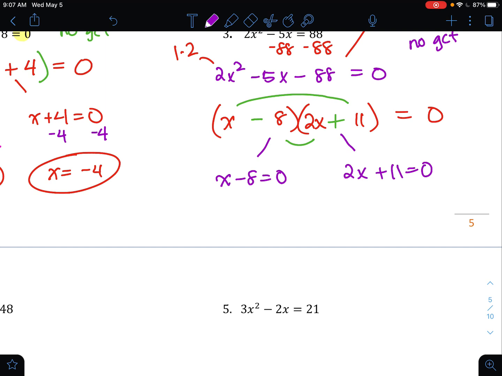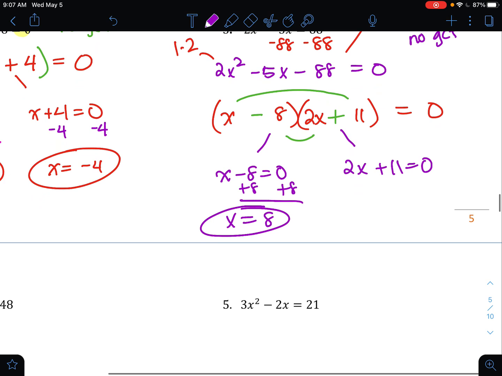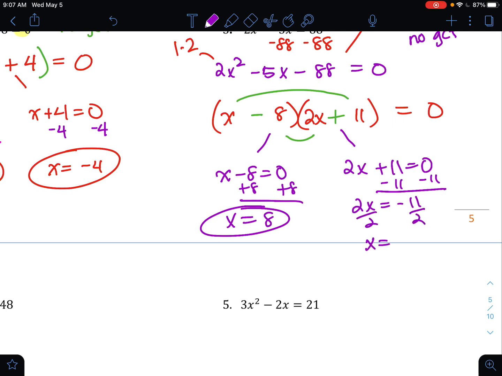Okay, now we're going to solve. So I'm going to add 8 to both sides. It looks like I get x equals 8 on the first one. Second one, I'm going to have to take away 11. So 2x is going to give me a negative 11. So divide by 2, I get x equals